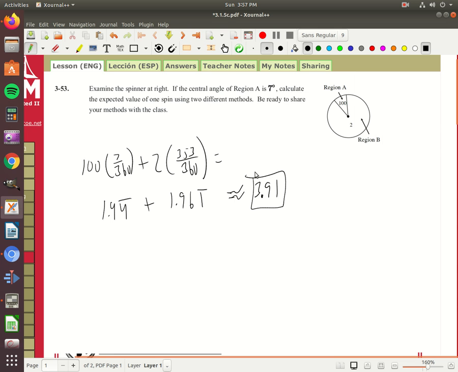That's my expected value. Another way I could do it is I could say, look, if I spun this thing 360 times, I would expect 7 times 100. This happens 7 times out of 360, so 7 times I would get 100 points. So that's worth 700 points. 353 times I would get 2 points. So that's worth